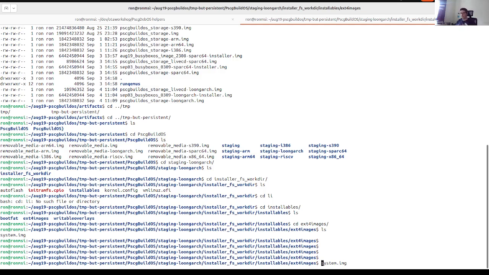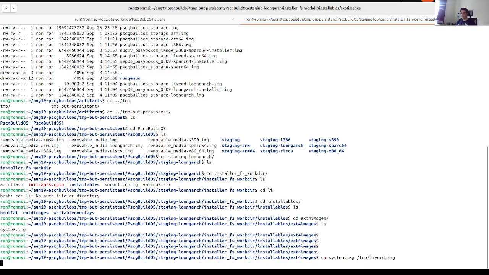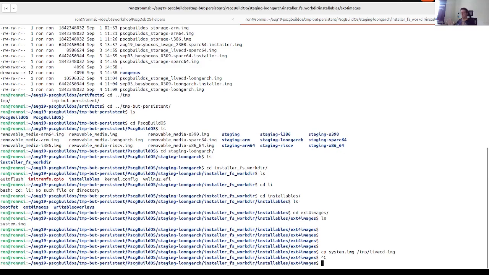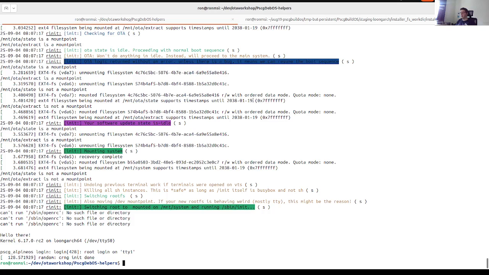So we could do something like this. Let's do cp system.img temp live CD, just for fun, okay? And this will not have overlays and stuff like that. This is just the system image. And let's go ahead and write it. So if I do